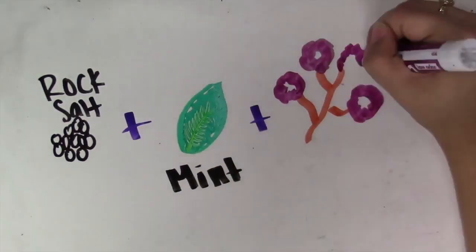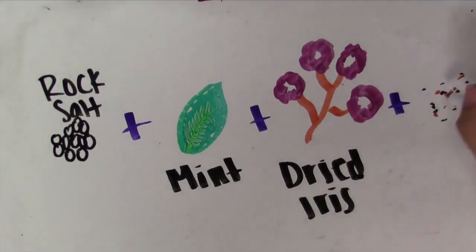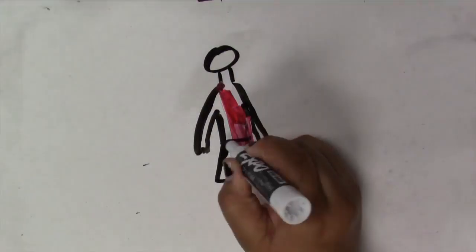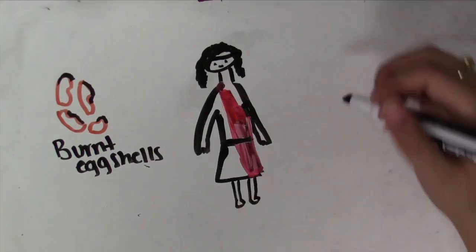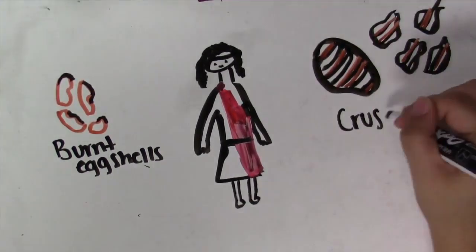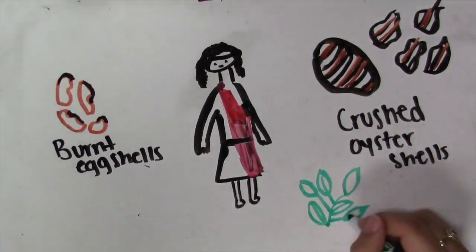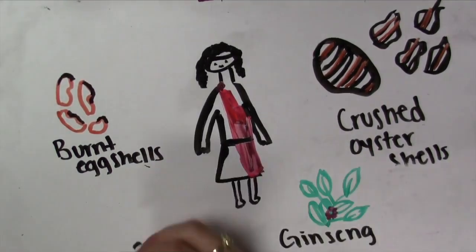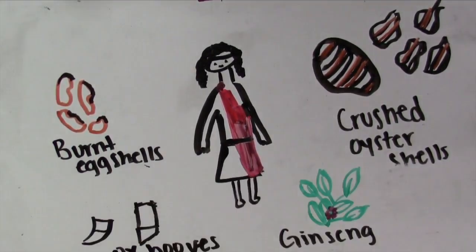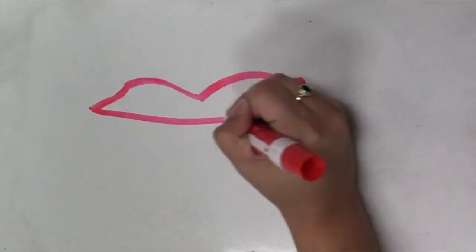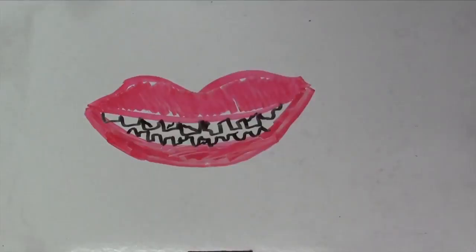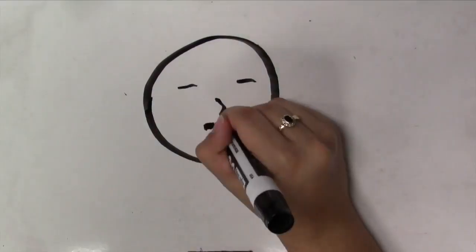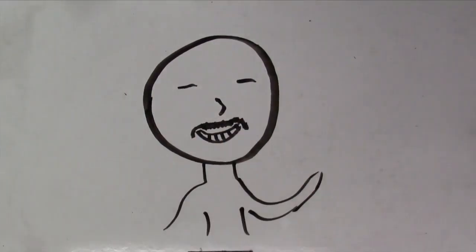After the Egyptians made their formula of toothpaste, the Greeks and Romans also took steps to protect their teeth around 500 BC, using ingredients like powdered ox hooves, burnt eggshells, crushed oyster shells, and ginseng. The Greeks and Romans did use more harsh ingredients because they thought it would strengthen their teeth, but really, it didn't. The Chinese also made their own toothpaste during the same time as the Greeks and Romans and used mints and herbs to freshen their breath.